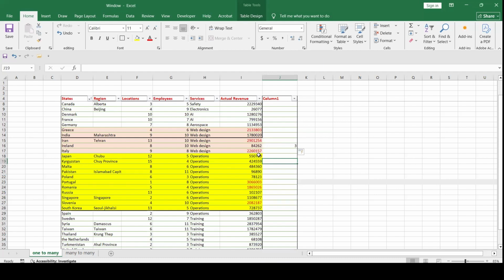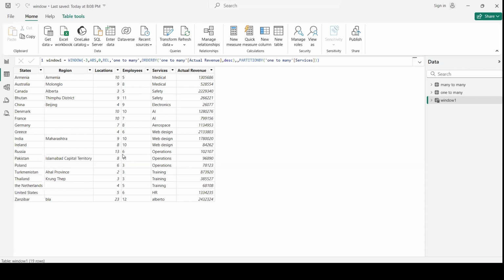Which one is the next one? It should be this one. And the next one should be 2.1. So this should be the first value. 2.1, 1.7, 84. So it is correct. So now we have the lowest top 3 revenues.